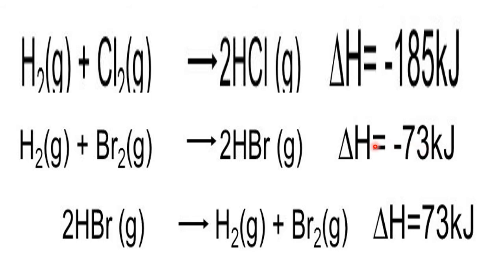Now the sign is minus here. In this reaction, 2 HBr decomposes to H2 and Br2, but the sign is plus, the same value. That means when this is exothermic, this becomes endothermic. The same amount of energy is released when these two combine, and to decompose 2 HBr to give H2 and Br2, the same amount of energy you have to supply. So plus or minus indicates only whether energy is given out or absorbed. It has no connection to the mathematical plus or minus. Minus means energy given out, plus means energy absorbed. The value is the same.